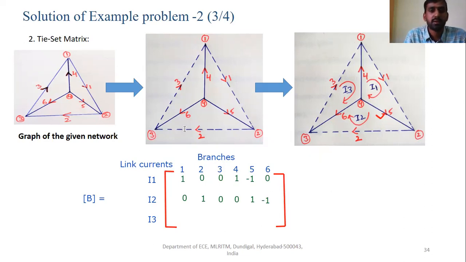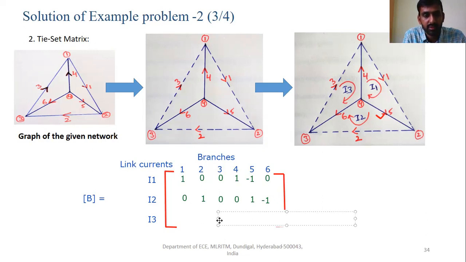Right. So now let us come to loop number 3. The reference direction of loop number 3 we have made based on link number 3, so obviously link number 3 and the loop direction are going to be the same. So the element with respect to link number 3, or branch number 3, is going to be equal to 1.